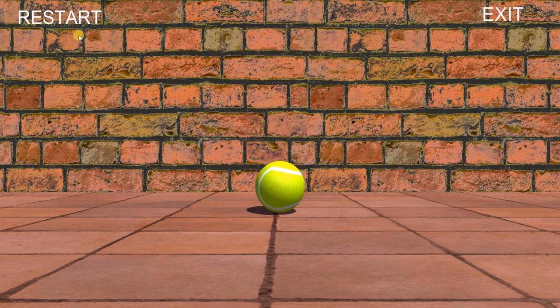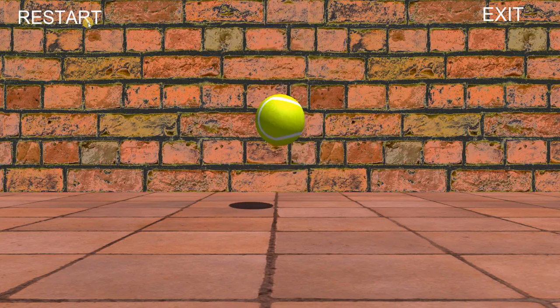Today we are going to look at how to create a small game like this in Unity. If you are a first time user of Unity, then you can start from here and learn all the basics of how Unity works, and then you will be able to create a very small interactive game where you can restart the game